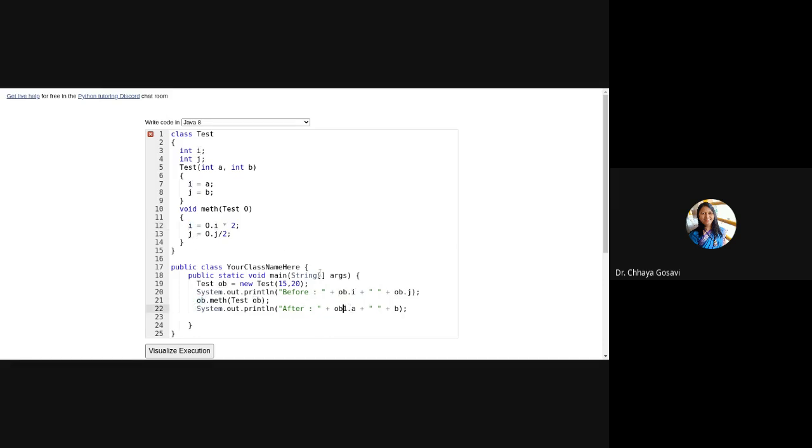And after that we'll print i and j. Note that the object that we are passing and the object with which we are calling the method are the same objects. This example is just for your reference.